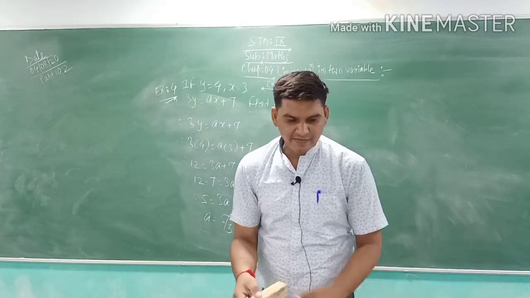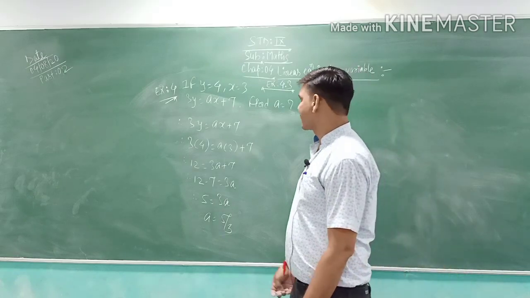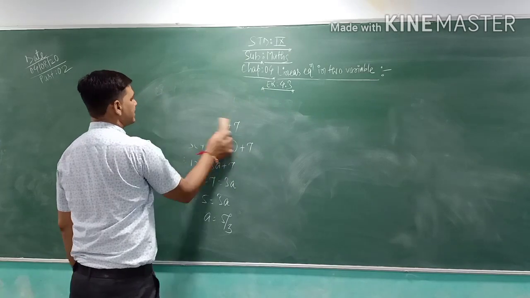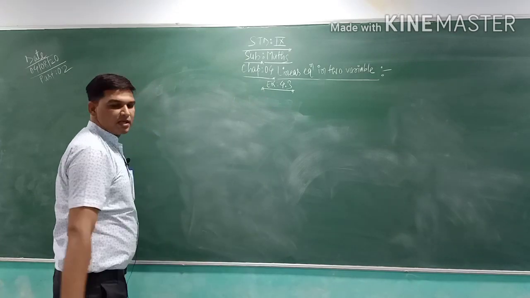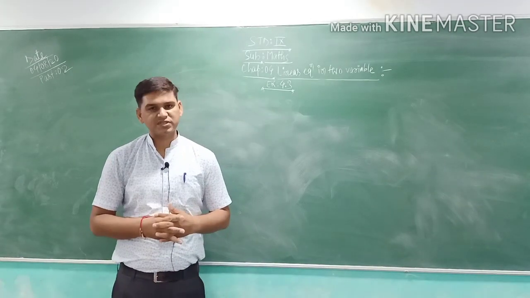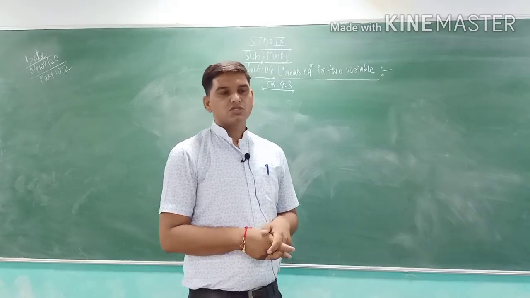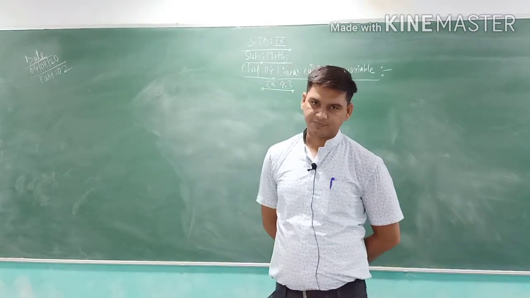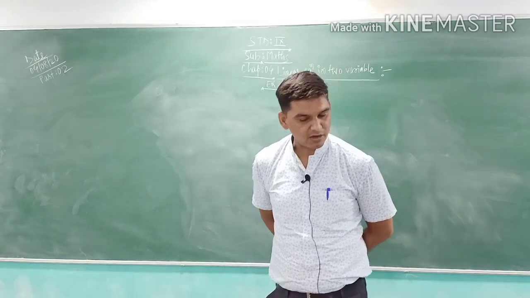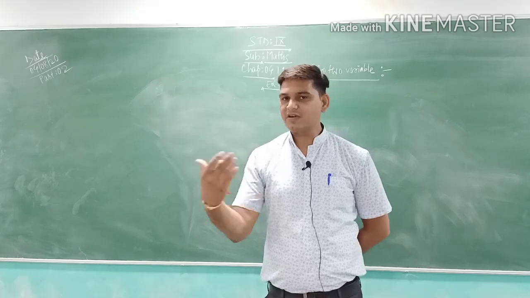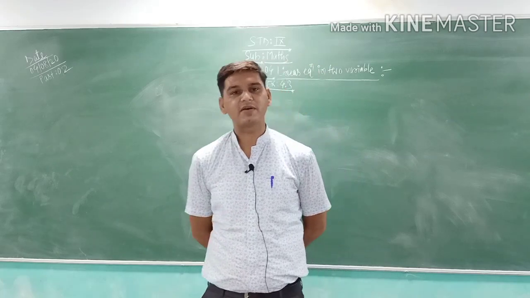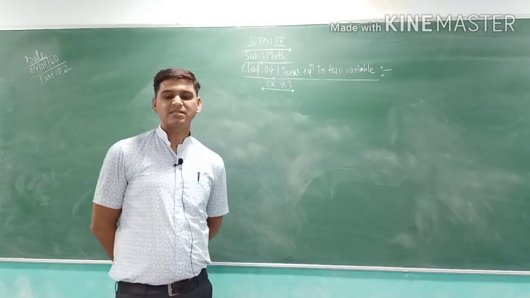Next question, question number 5. Question number 5 is a word problem. Using that problem, we have to find our equation, and according to the equation, we have to find the solution set. A taxi fare for a city: the fare for the first kilometer is 8 rupees, then for each subsequent kilometer the fare is reduced by 1 rupee, and the distance is 5 kilometers. What is the total amount? That is the question.